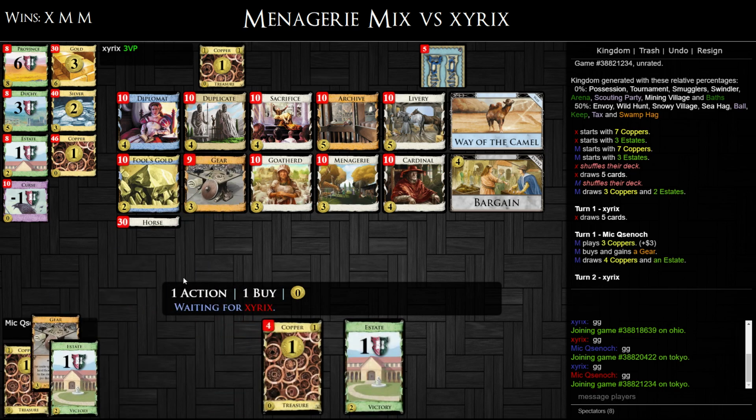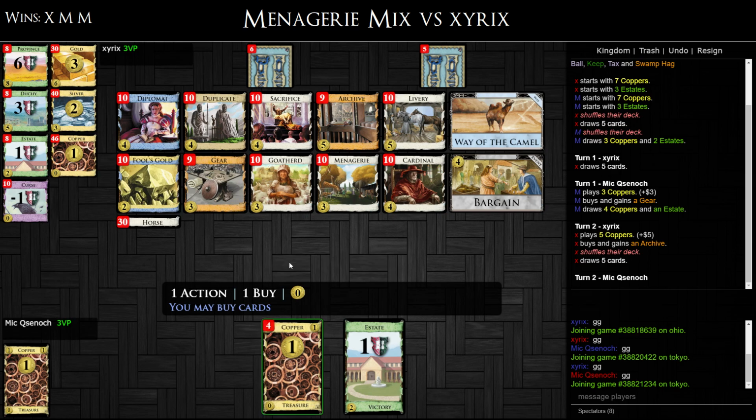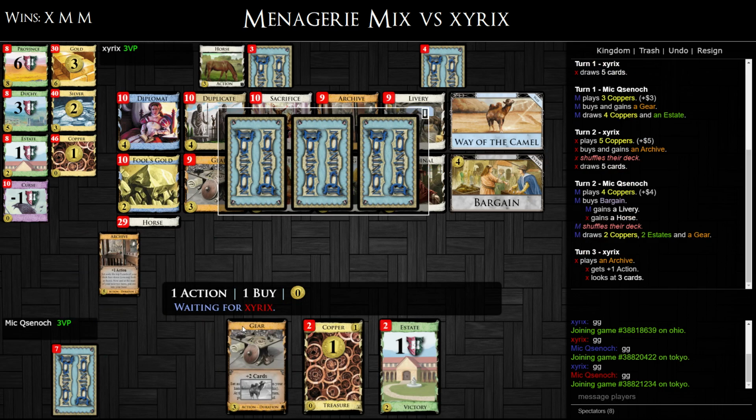I'm gonna open gear something. He has the 5-2. I would have opened livery for sure. I'd say I could open livery. I guess they are probably gonna buy a fool's gold, which seems reasonable to me. My question is whether I want... Well, if they're doing that, the horse is somewhat less valuable. I don't know that they're doing that, but...